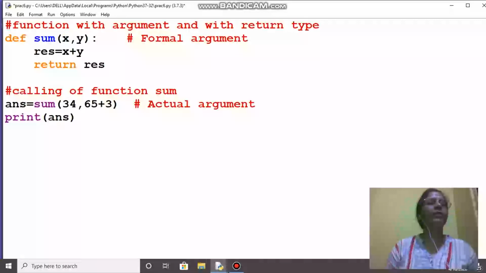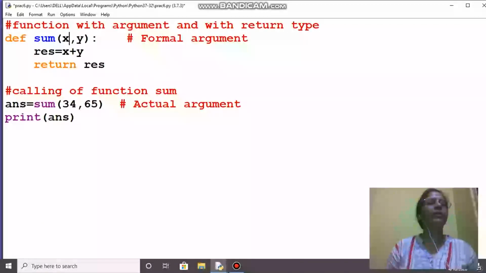So here x and y are the formal arguments, and these are the actual arguments, from where the value is being sent and being received by x and y. So x and y formal, and 34 and 65 actual arguments.